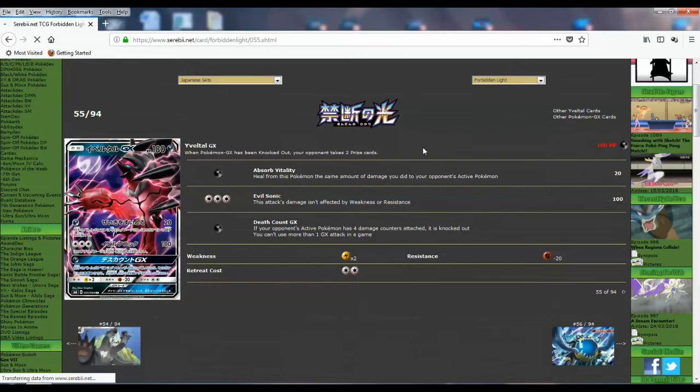If your opponent's active Pokemon has exactly 4 damage counters, it is knocked out. I'm pretty sure that's what the effect is. So maybe with Death Count it can come up and you get a free knockout this way, but it's not that good. It's really not. And since the first attack and the GX attack function with 1 energy,